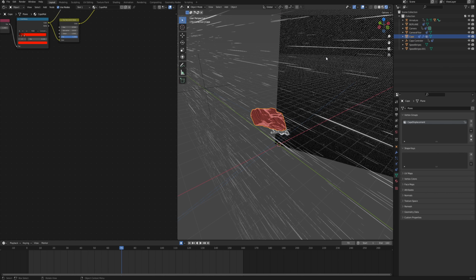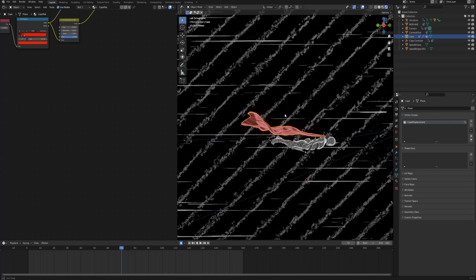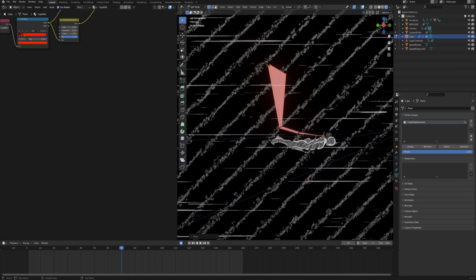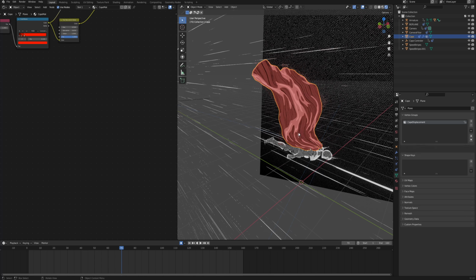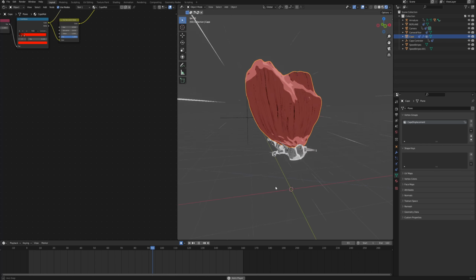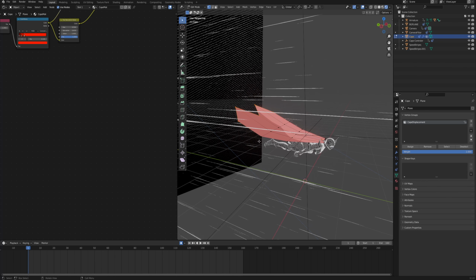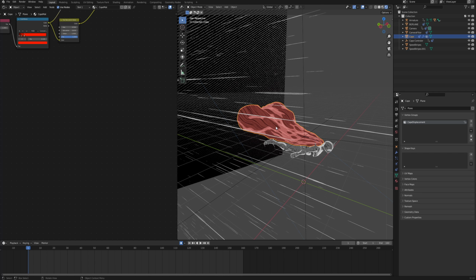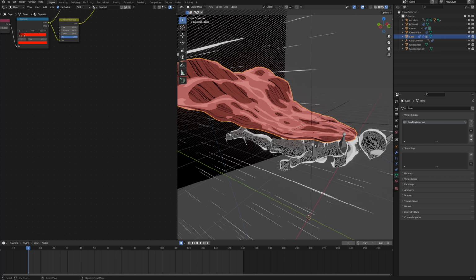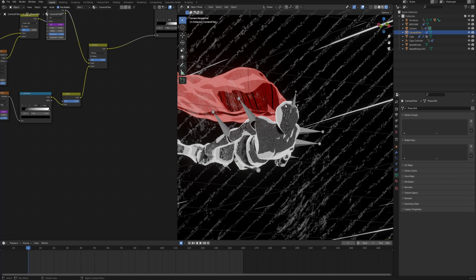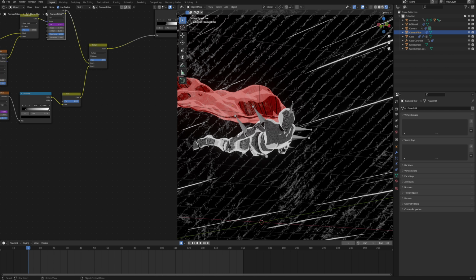Again, the cape, if you don't like how it looks, you just go into the edit mode and you can make it, I don't know, something ridiculous. And it all works. One more thing that you may want to do, and I will keep it as a little extra for every one of you that made it this far in the tutorial, is the outlines of the object. Because right now, as you can see, we don't really have this outline that is associated with basically anything manga-like or anime-like.